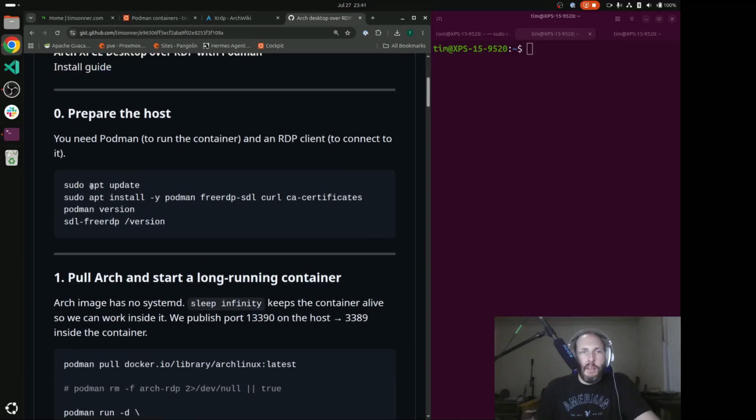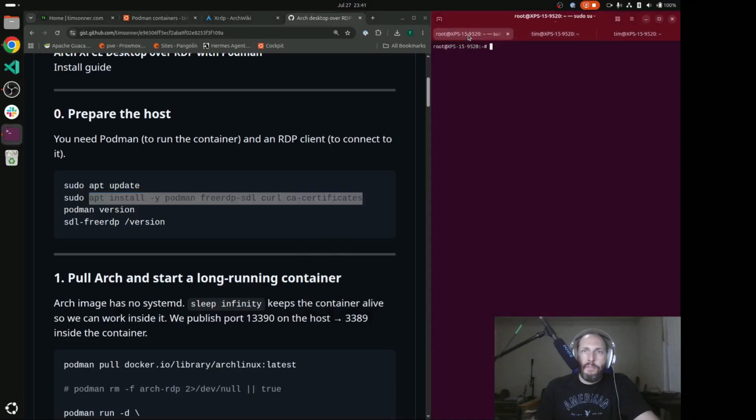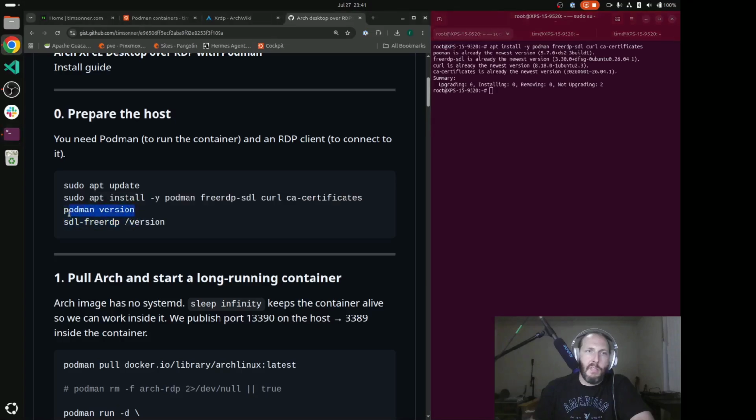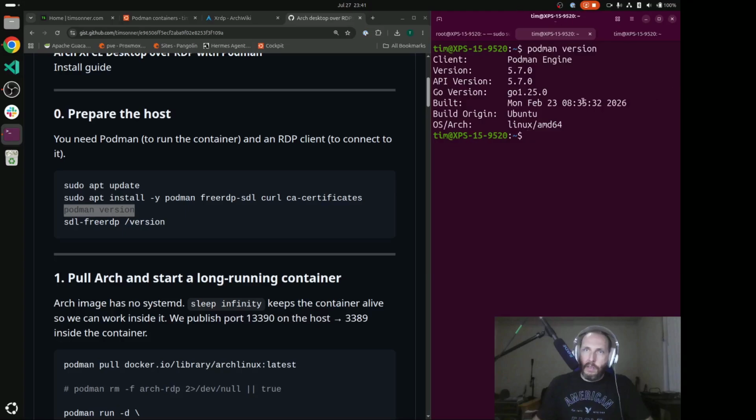So the first thing you're going to do is just run your updates. I already did this part here, but we'll just kick that off just for funsies. And then next we want to make sure once everything's installed, we'll do a Podman version and just verify that it's installed. That's going to tell us, okay, cool, it's installed. And then we also want to use